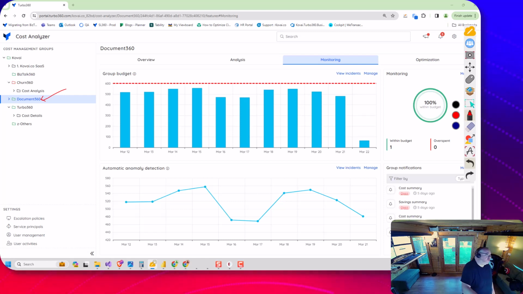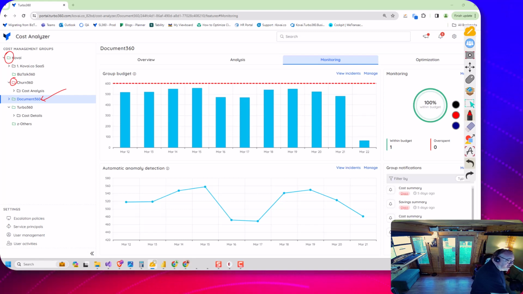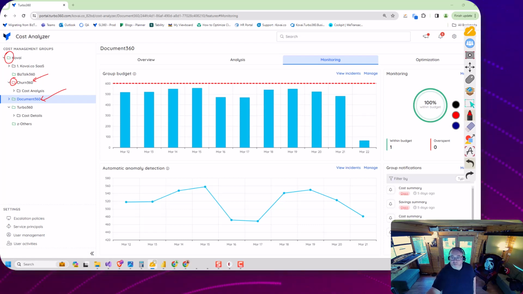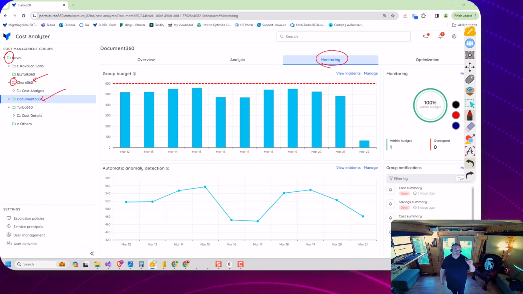If you notice on the tree here, one of the things we've done is add the little traffic lights like we do in some of our other modules to show you where you've got some problems and which things are healthy. At the minute, with Churn 360, we're looking at a cost alert we got, something we're just reviewing now. With Document 360, you can see here over on this monitoring tab,